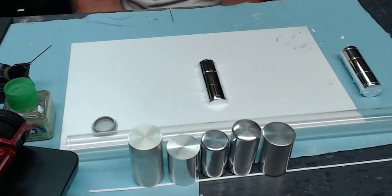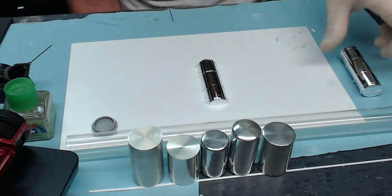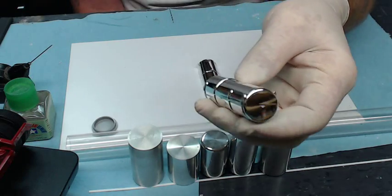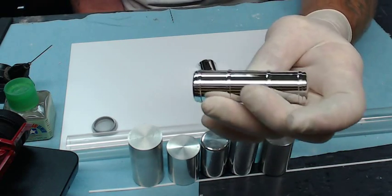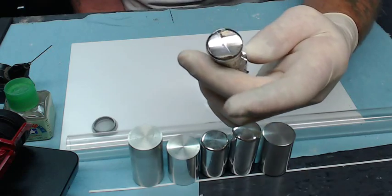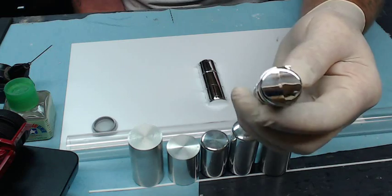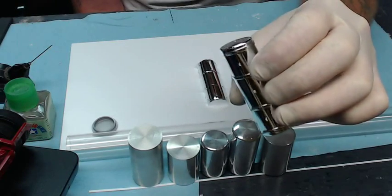Today I'm going to start a set of tutorials on something I've been asked about several times, and that is how do I get the parting lines or the seam line out of my fuel tanks for my model trucks. Everybody knows what I'm talking about. Most of your tractor kits come with the chrome fuel tanks that have this hideous seam that goes all the way, you know, on the ends and across the top and around the bottom,